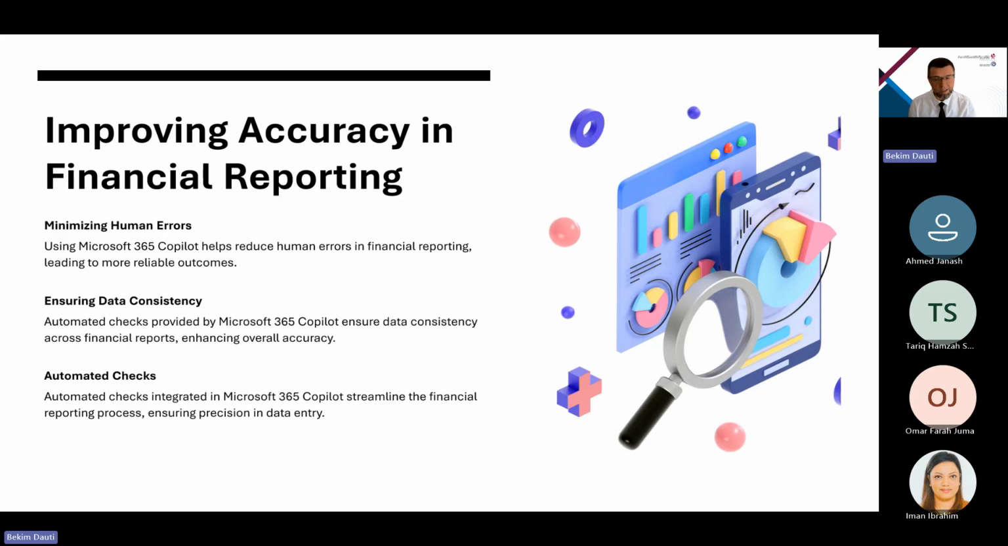How can we ensure the data consistency? Yes, yet again, we can ensure the data consistency by going into that very process of leveraging the Microsoft 365 Copilot in order to enhance the overall quality of the financial reports. Okay, so enhancing the overall accuracy is going to help ensure the data consistency. And finally, the automated checks. Yes, the automated checks are going to be integrated into the Microsoft 365 Copilot, and with it we can streamline the financial reporting process and ensure some precision in the data